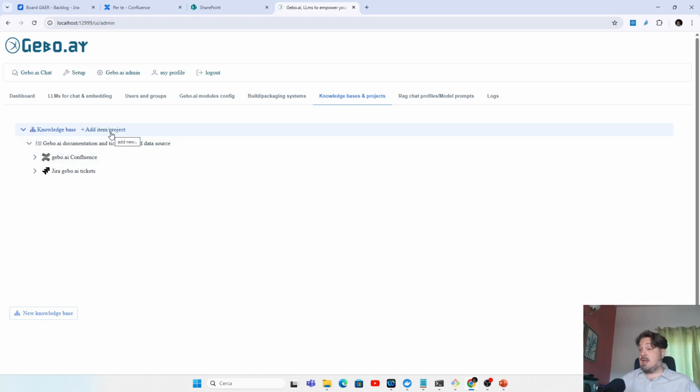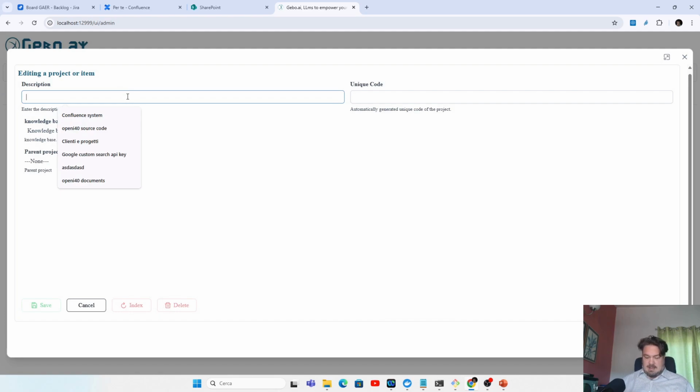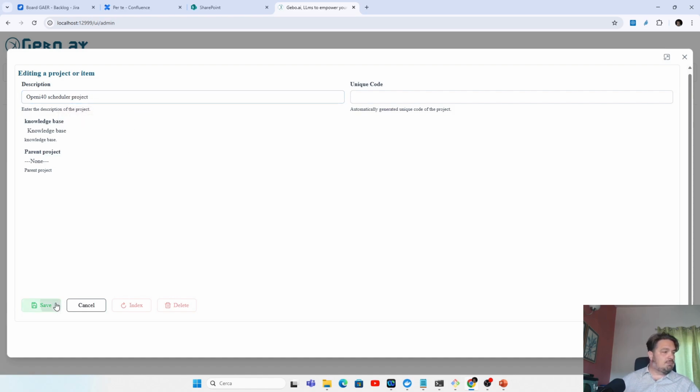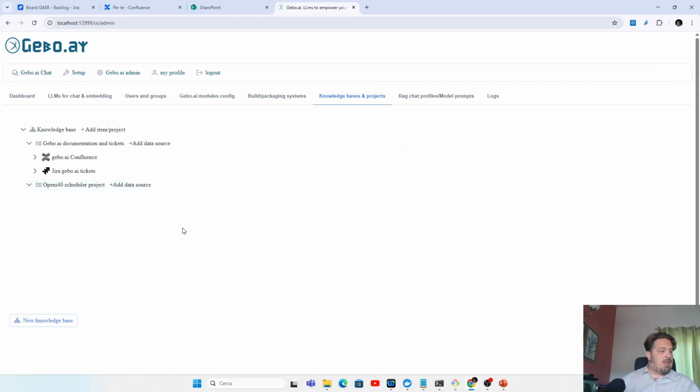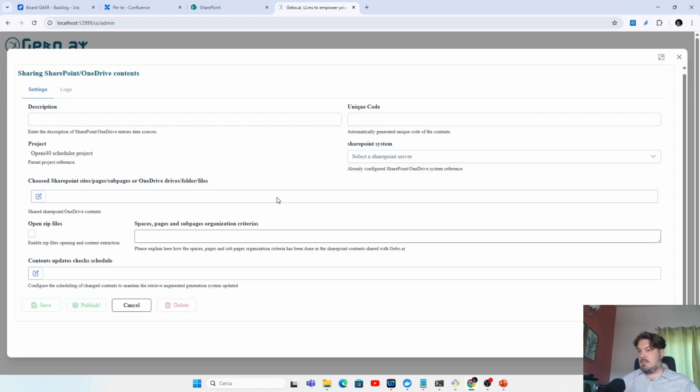Now I add another project from SharePoint, an open I40 scheduler project. And here I choose a SharePoint document repository I'm using specifically for this project.